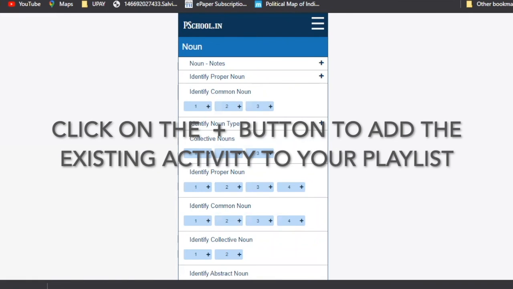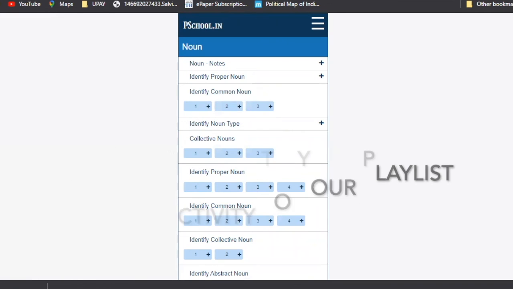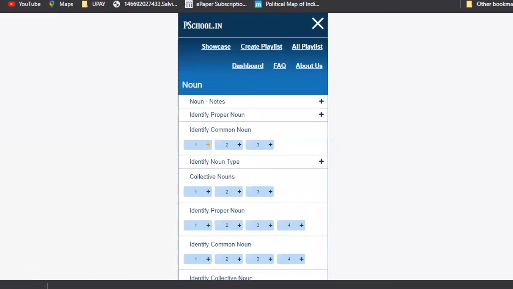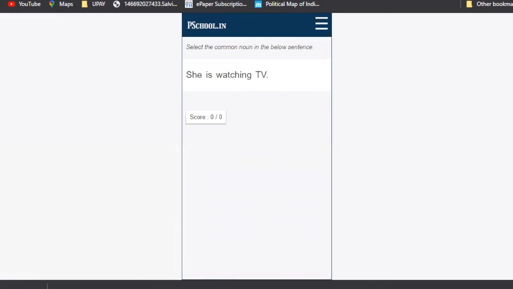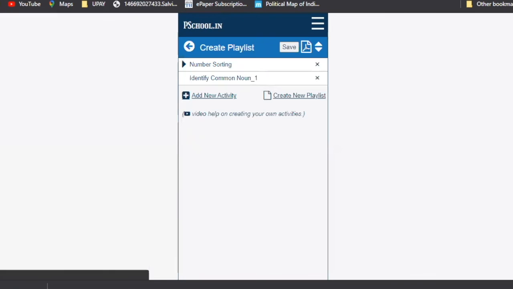You just click on add, and when you go to create playlist, you can see this common noun is already added. This is the existing syllabus which they have, which you are just using. You can quickly see, okay, you need to identify the common noun, and you can easily use it. After you create this playlist, you need to save it.